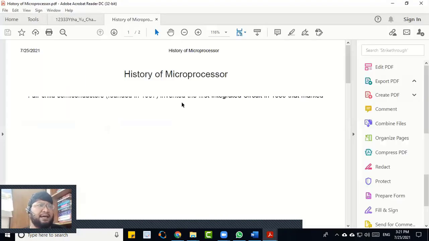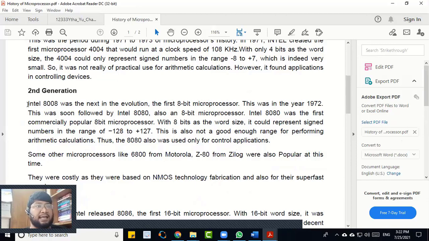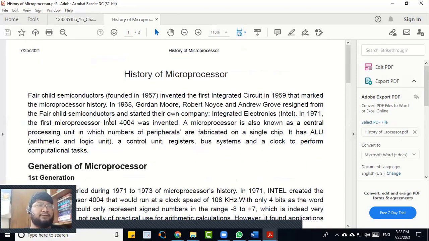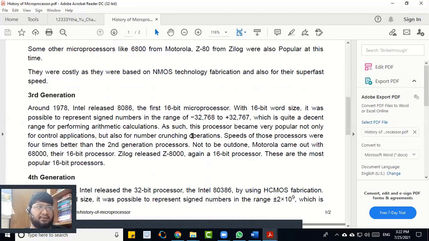Simply, I'll describe the history of the microprocessor. The first generation was during 1971 to 1973. The second generation is Intel 8080, a second generation processor. Actually, its range is comparatively higher than the first generation, minus 128 to plus 127. At first, Intel 4004 was a very beginning stage microprocessor, and it was very slow. Then the third or fourth generation. The third generation is very fast and its range is so high, with a sign bit register, because the microprocessor actually reads